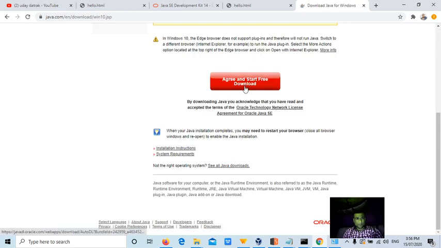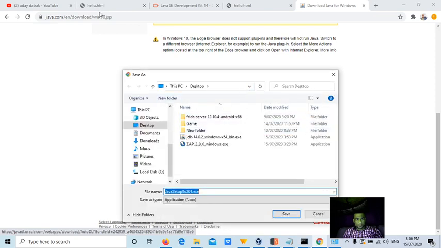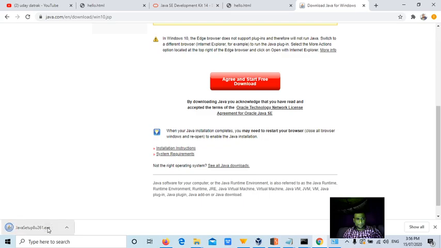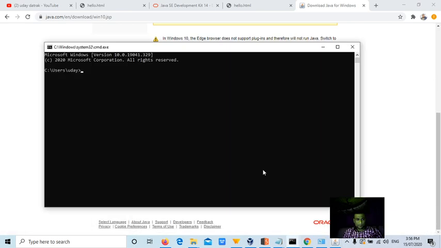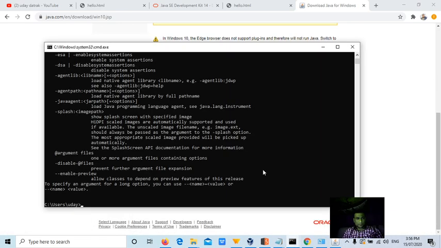Agree and start download. So it's downloading by default for Windows 10. Can you see here? Yeah, Java is installed.